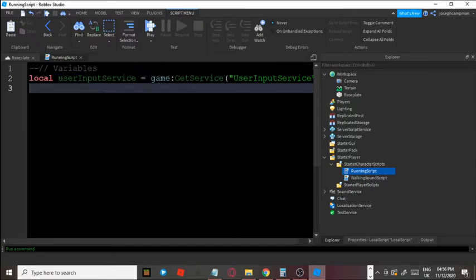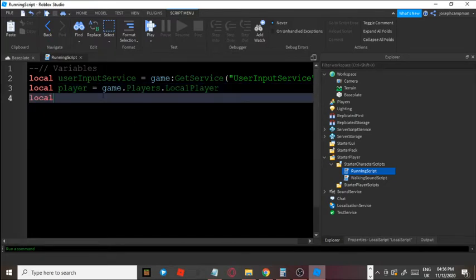Now the local player is game.Players.LocalPlayer. Now do local character equals player.Character